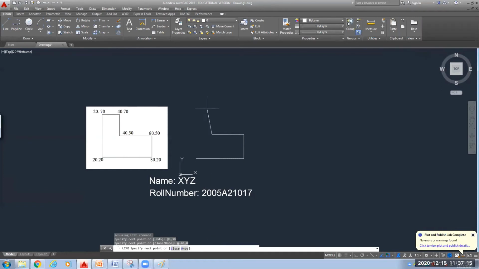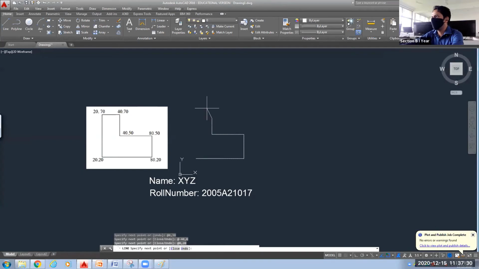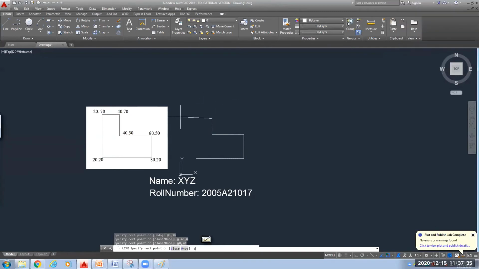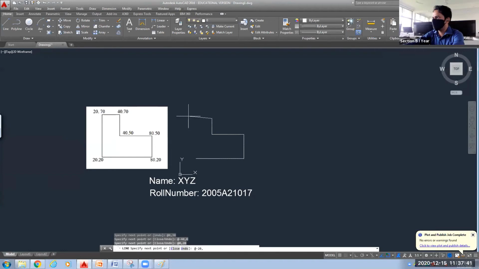Okay. Now next, at the rate 0, x coordinate 40 minus 40. How much is coming? 0, 20. Yes, 70 minus 50 is your 20. Similarly, now at the rate, minus 20, 0: 40 minus 20, minus 20, 70 minus 70, that is your 0.